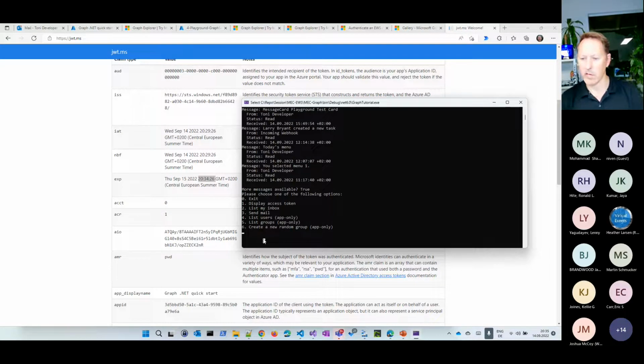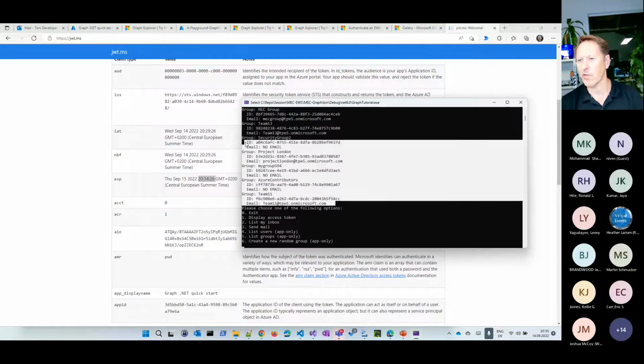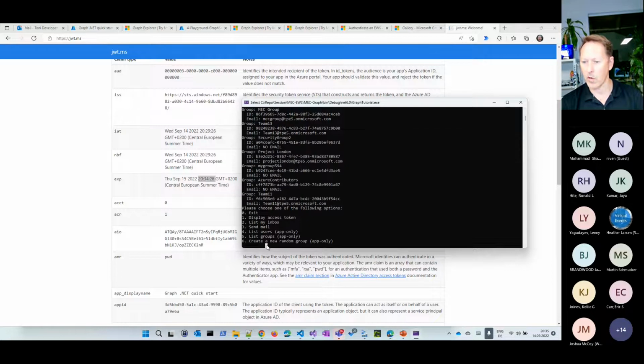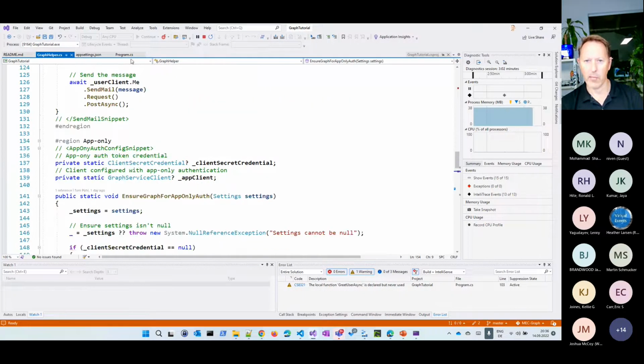So that's just a sample of what you can use here. For example, if I use 5, list groups, application only, to see what's happening here, I get a list of the Microsoft 365 groups and teams here, or let's say create a random group here. So I simply press 6 here, and if I go to my Visual Studio here, I haven't set a breakpoint,